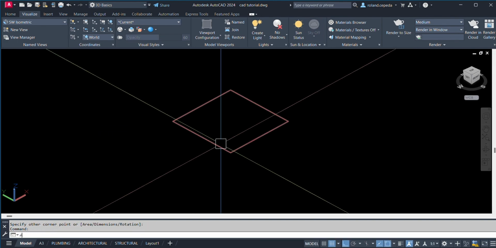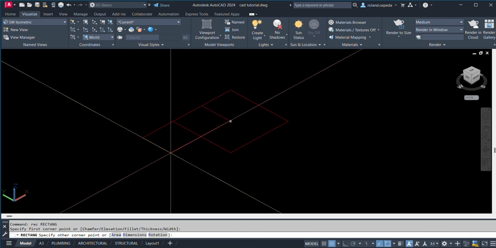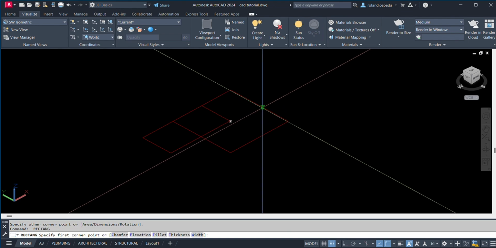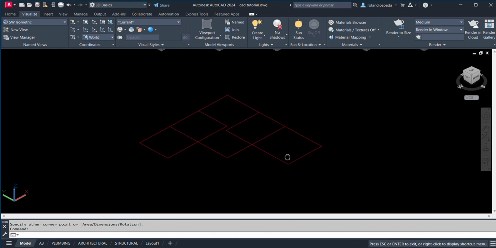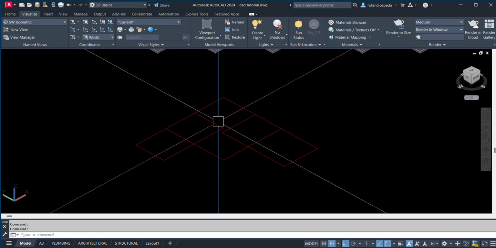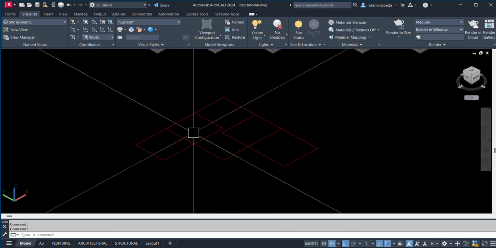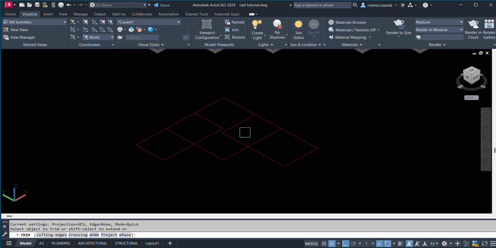I'm going to create another roof here. So this is the base. Okay, and then I'm going to trim all those intersecting lines. I'll just type TR.